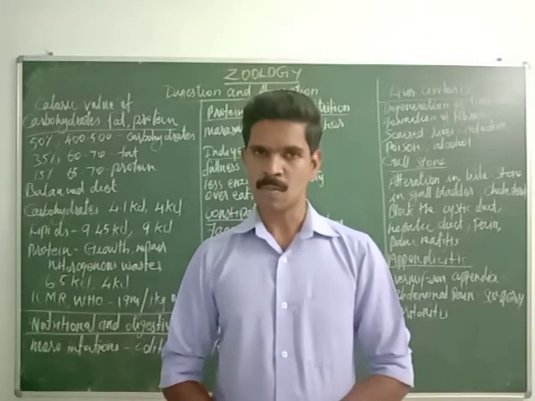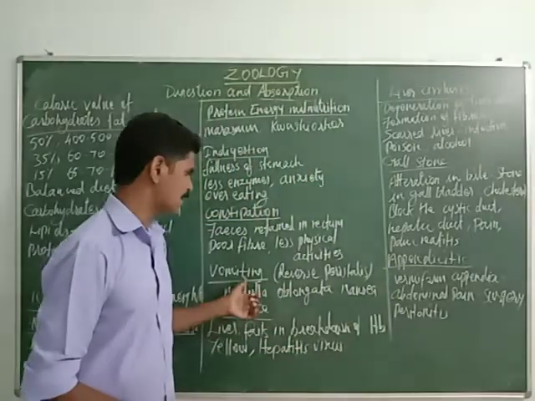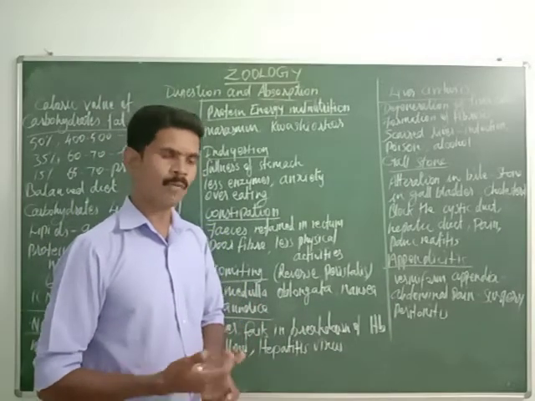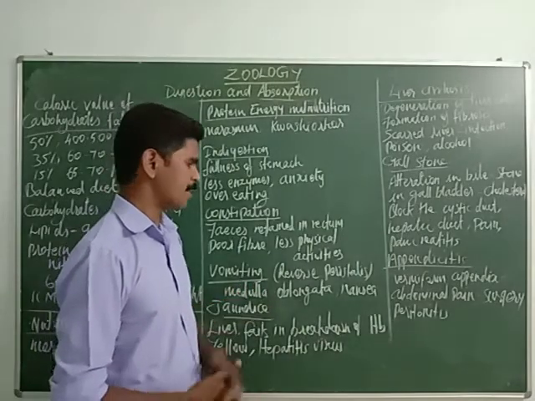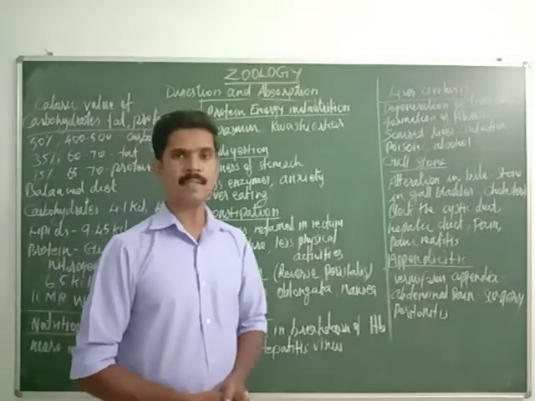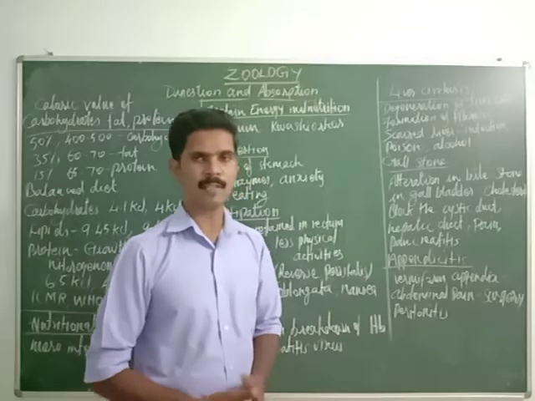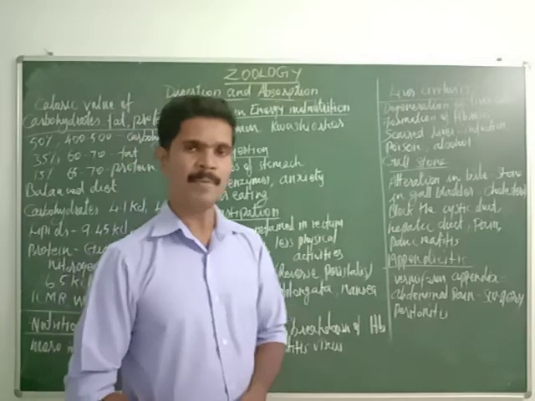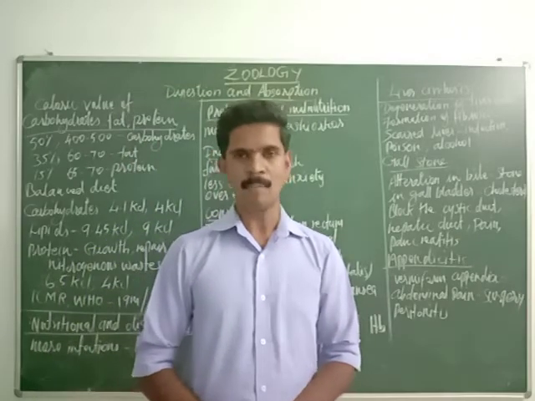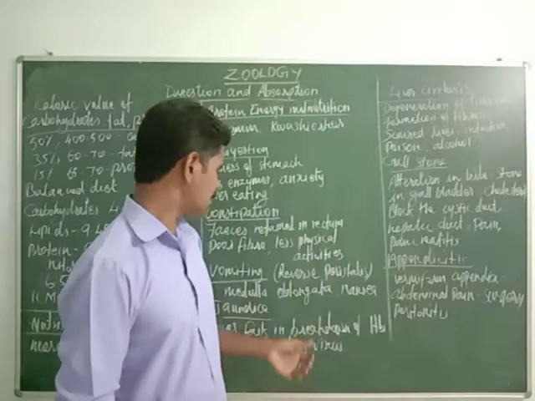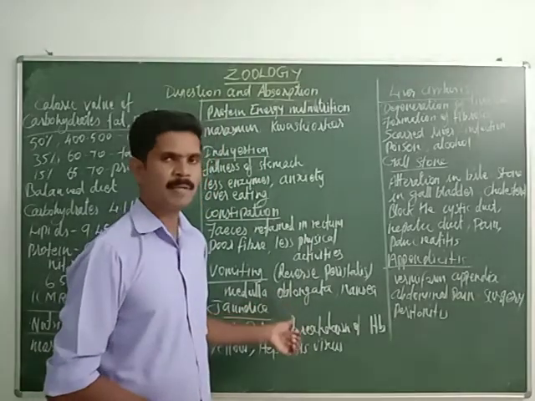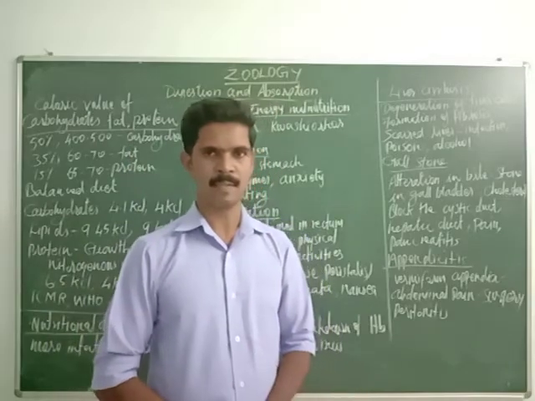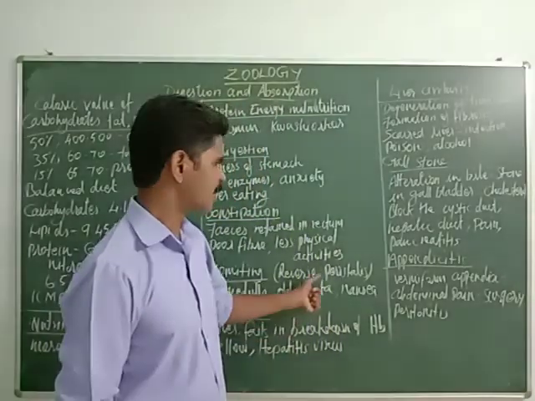The reason for vomiting is eating an excessive amount of food. This vomiting is controlled or regulated by a center present in the medulla oblongata. The name of the center is called the vomit center. The next point about vomiting is that it sometimes leads to nausea. Nausea means vomiting sensations. So vomiting is otherwise called reverse peristalsis.